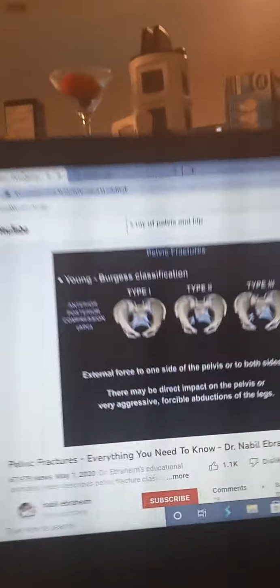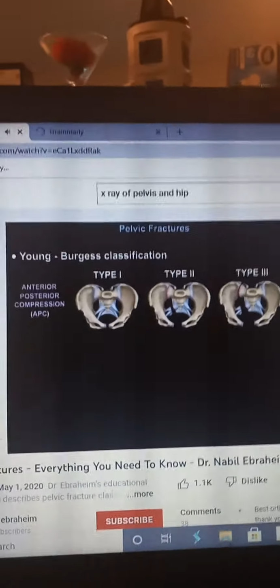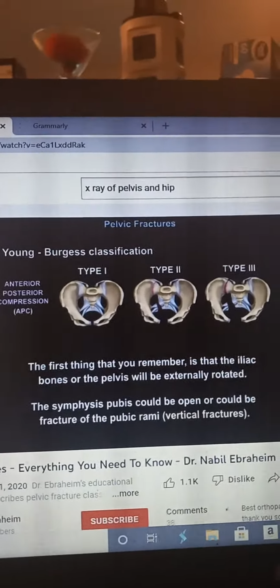Then you got the anteroposterior compression. There will be external force to one side of the pelvis or to both sides. Or you may have direct impact on the pelvis, or very aggressive, forcible abductions of the legs. The first thing you remember is that the iliac bones or the pelvis will be externally rotated. The symphysis pubis could be open or could be fracture of the pubic rami